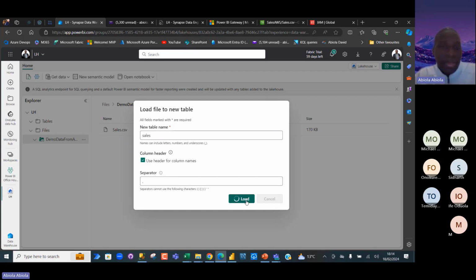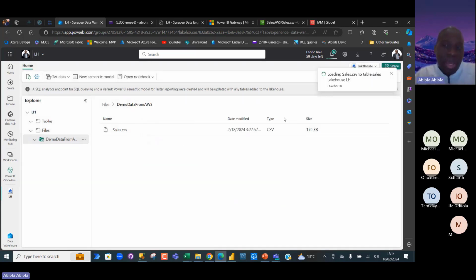So once that is loaded, I'm just going to wait less than 2 minutes. And then we can see the data loaded into, again, now we are actually not physically loading the data. This is what's called a shortcut. We can see this icon here. It is basically to connect to the data without loading. So we can see just a virtual view of the data, but we are not loading the original data. So we're going to wait for that to conclude. Okay, there we go. Successfully created sales data.